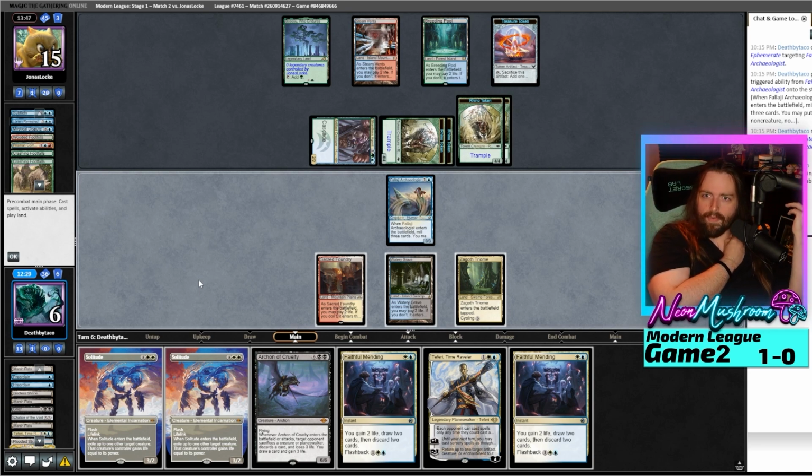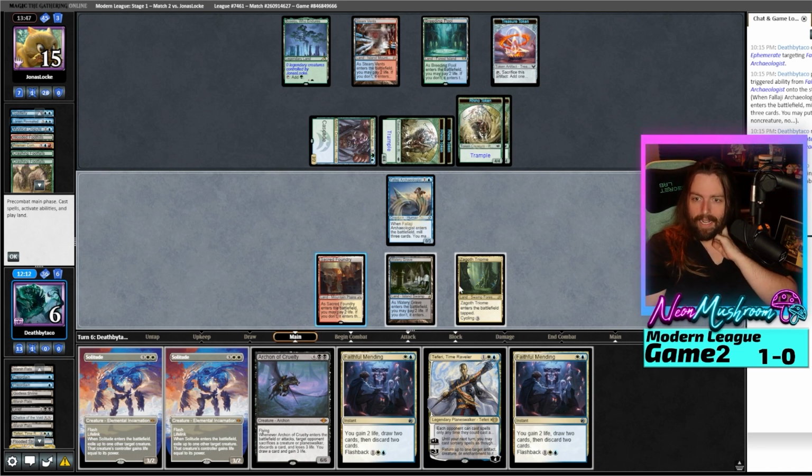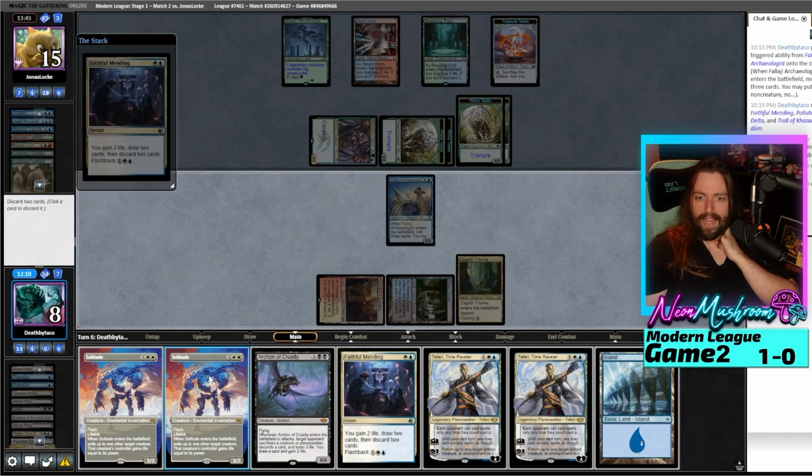If we can draw Persist off Faithful Mending and they don't have anything, and we can put Archon into play, they sacrifice Shardless Agent, we gain 3 and go to 9. Then they untap, swing out, and we can Solitude a Rhino and block a Rhino and go to 1. Is that our line? I think that's our line. Let's go white, blue, Faithful. Okay, that is not...